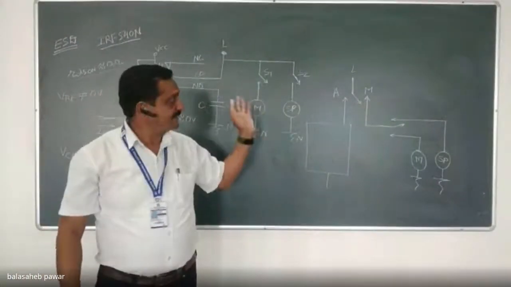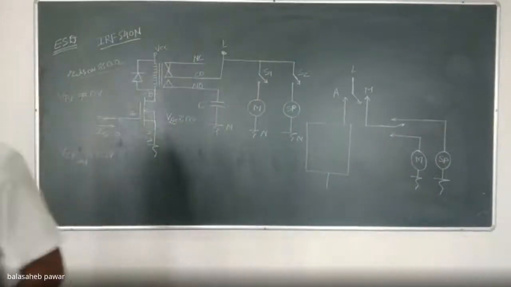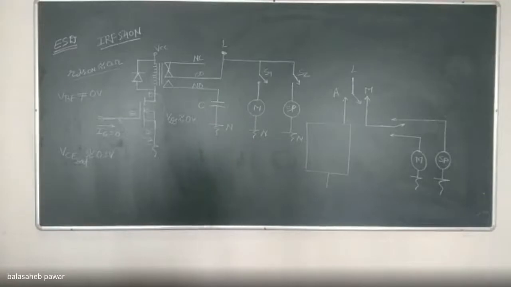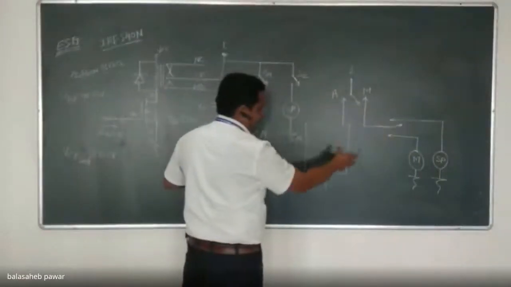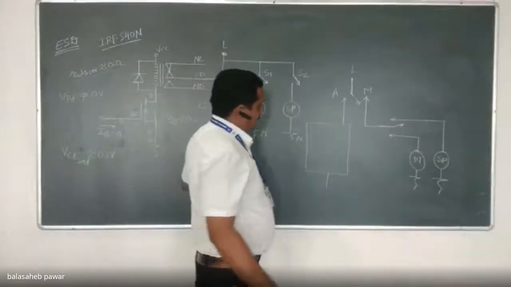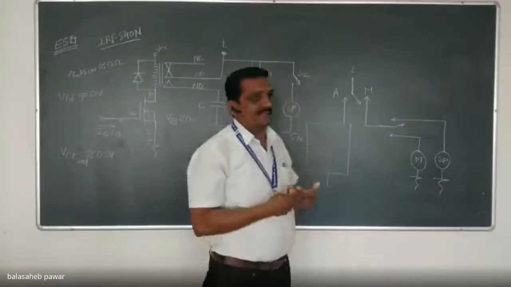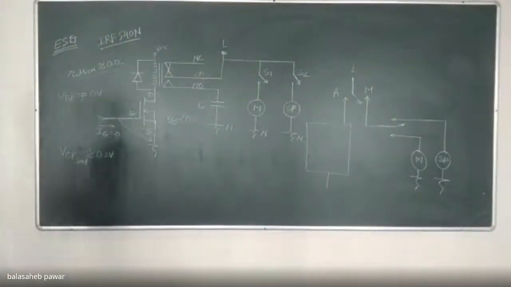And when it is in manual mode, no watch as well as no sensor will work at all, because that switch will get shifted to manual. That means our complete system will get bypassed, as there will be no supply, no sensor will work at all, and no action will be taken by the system. Is it clear now? Yes, sir.